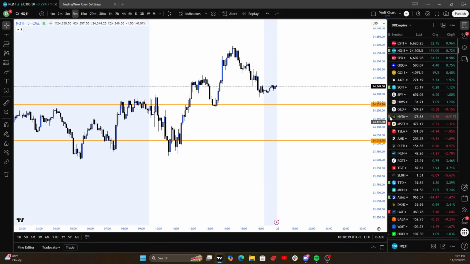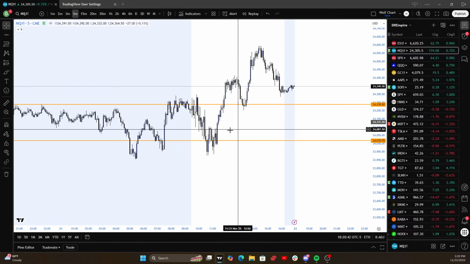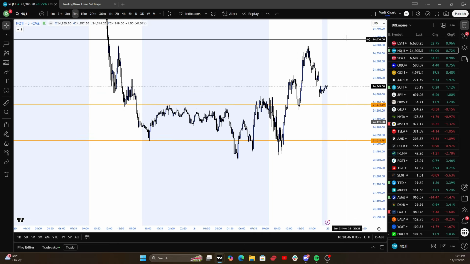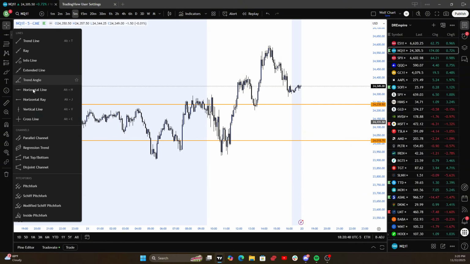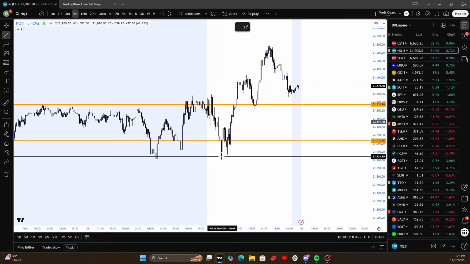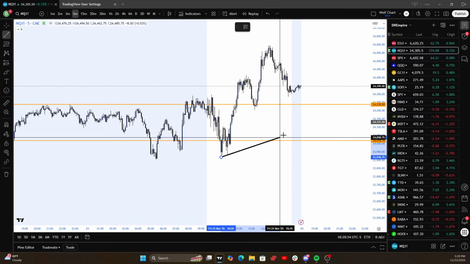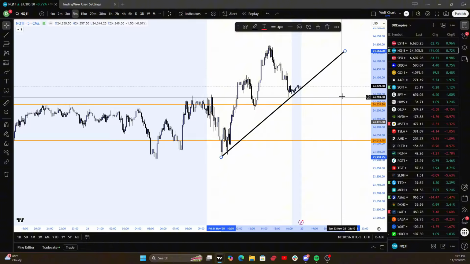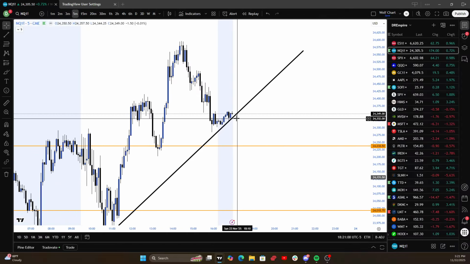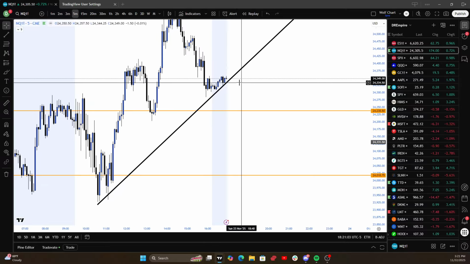Another thing that helps my levels while I'm trading, so we have supply and demand, we have support and resistance. Another one is trend lines. Trend lines just help you identify the trend. So I'll take a low point and draw a trend line. And what I'm looking at on this trend line is to see if we respect it or if we break